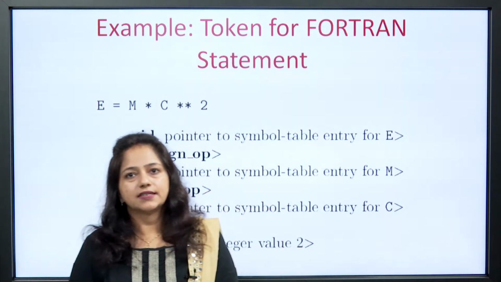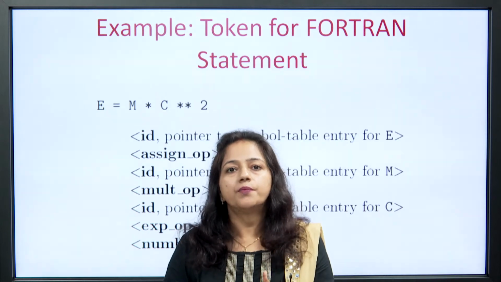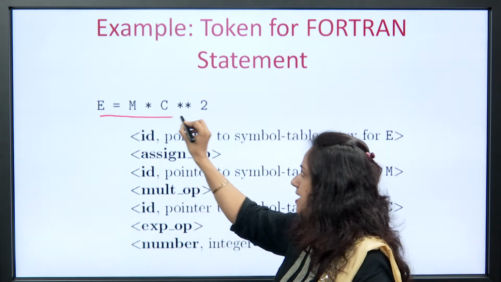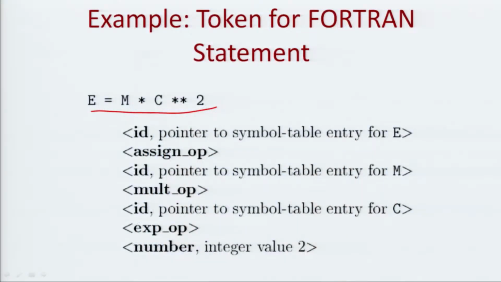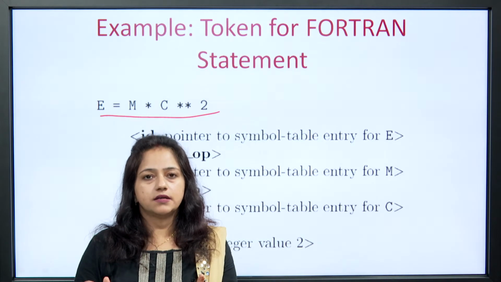Now, we will see one example of a Fortran statement, and here we will try to see how the tokens will be produced. Now, suppose this is our input statement, E = MC**2. Here we are trying to write a square. Now, we will try to find how many tokens there are and what all the tokens are. So, we know that there are 5 classes of tokens: keyword, identifier, operator, punctuator symbol and constants. Constants can further be subdivided into numbers and literals.